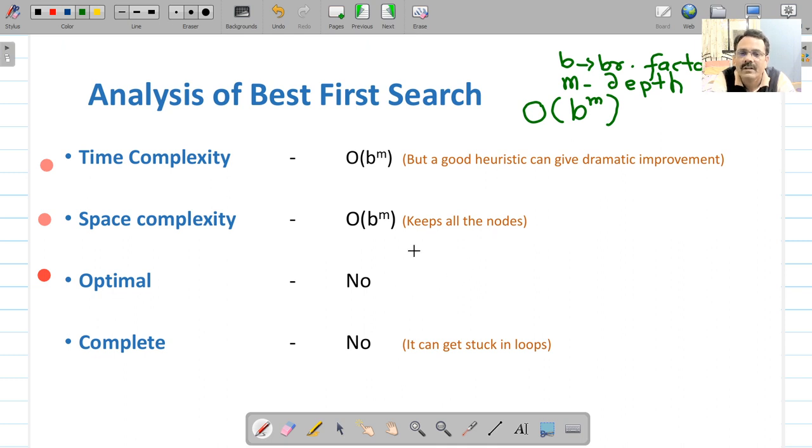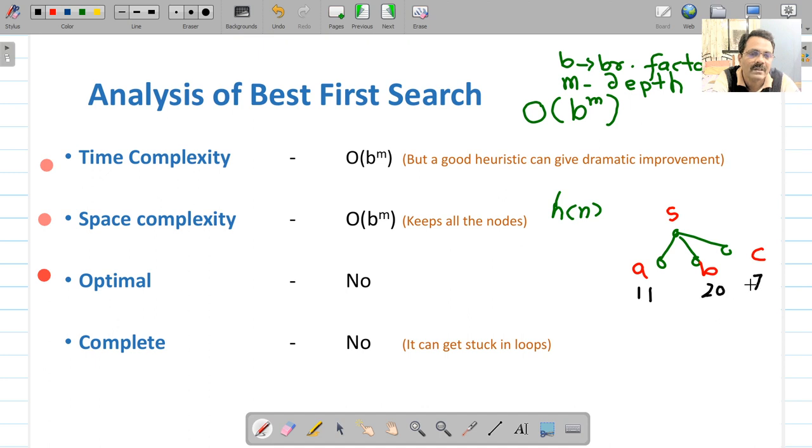The answer is no. The reason is, in best first search, the quality of your solution depends upon how good your heuristic function is. You are using the value of h(n), and this h(n) decides which node you are going to choose. For example, again recall the situation like this, and suppose we have nodes S, A, B and C, along with their costs: A is 11, B is 20 and C is, suppose, 7.